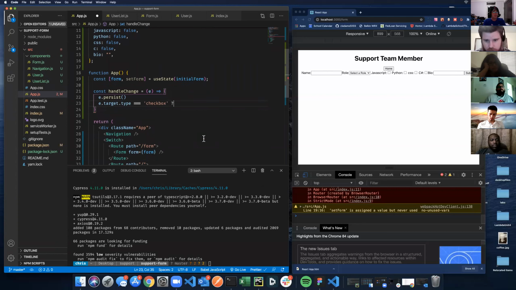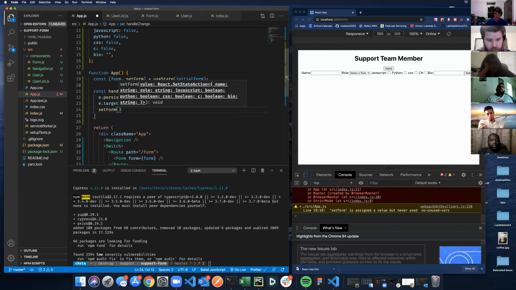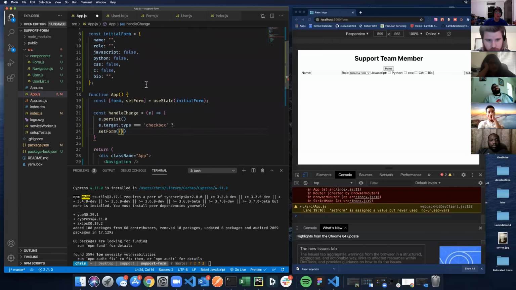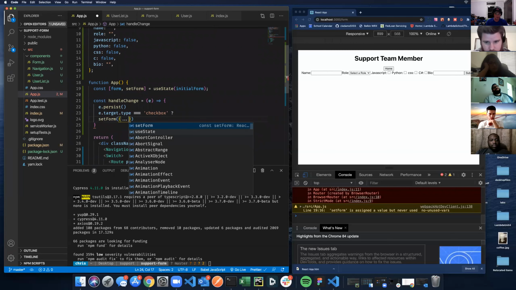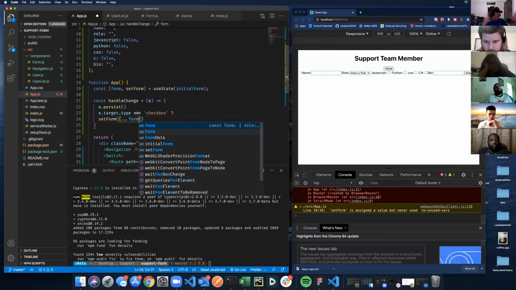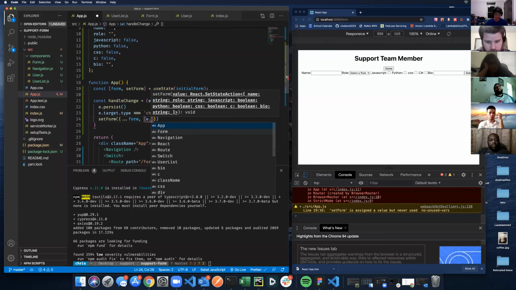So we're going to check to see if the type's checkbox. And if the type is checkbox, we are going to set form, which is our form state that's up here. We're calling our setter now to set this off the initial value. We're going to spread out the initial form. So we're spreading out what already exists there because we want to access just one of the little keys inside. We only want to change one of them. We don't want to overwrite the whole thing. And we're going to set it to, in square brackets,